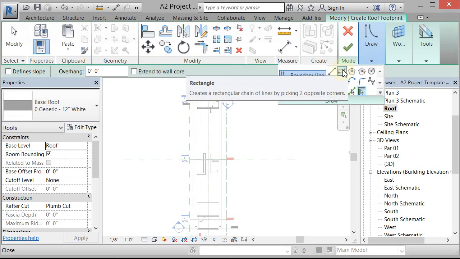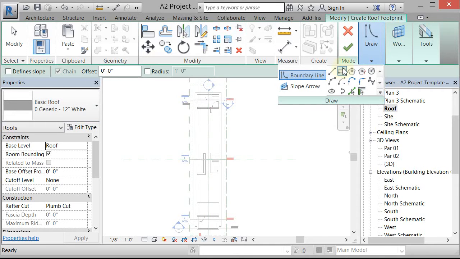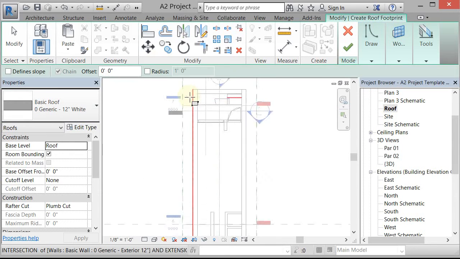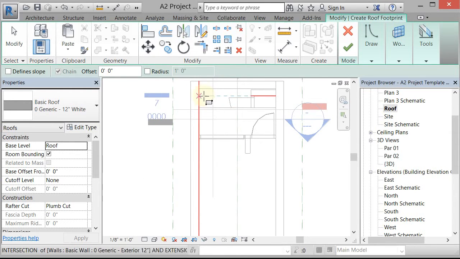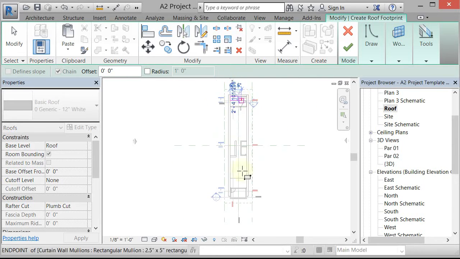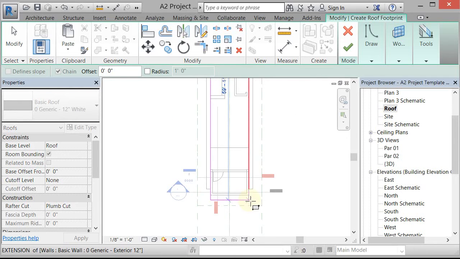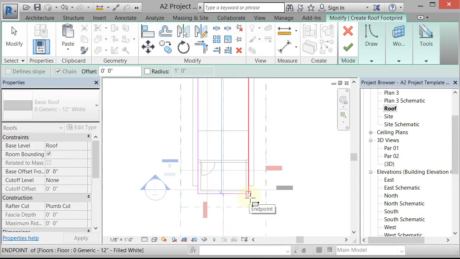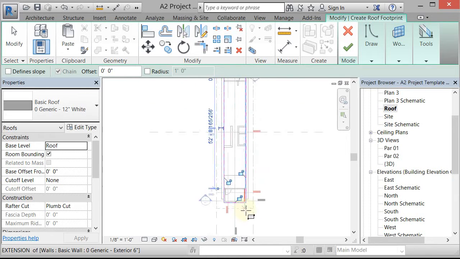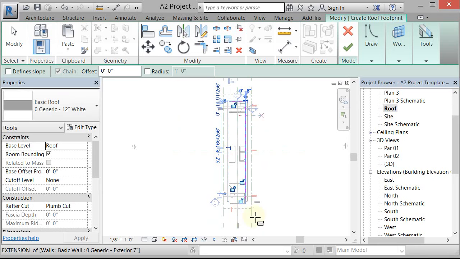Now this is another sketch mode, just like the floor plans. So I'll pick rectangle, and I'll come out here, and this is going to define the edges of the roof. I'm just going to pick maybe a little bit inside here and zoom out, and maybe this one goes out a little further. Maybe it comes out from the outside and covers that porch. And I'll left click there. Now right now there are no slopes on this. It's going to be a flat roof. So if I hit the big green check over here